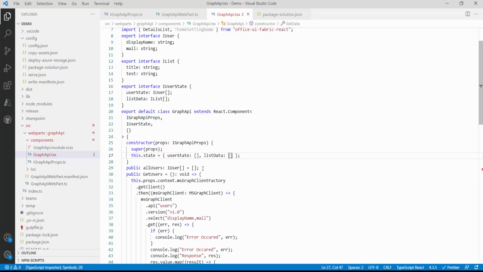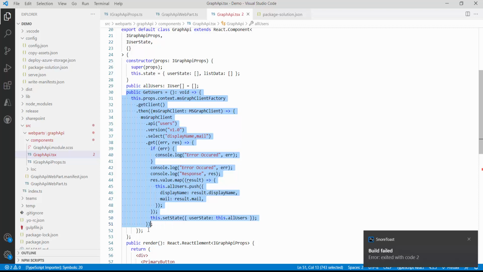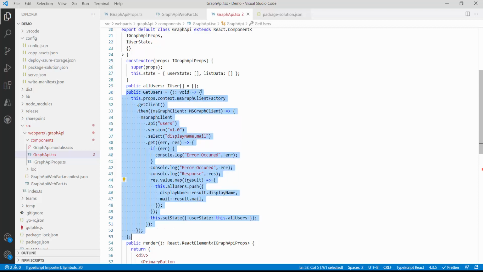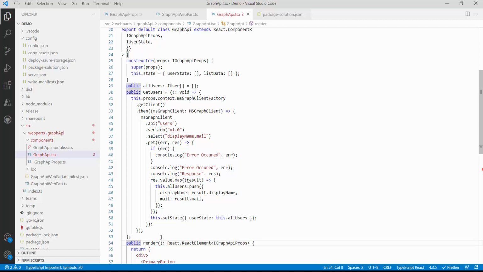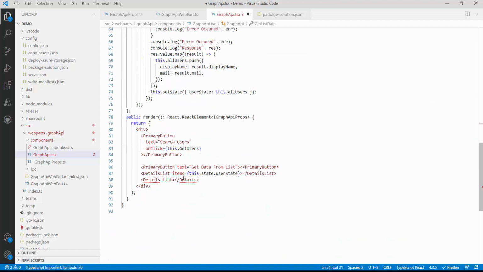This is done. I will create one method. Let me copy and paste this method as it is, and I will make changes in this only. Control C, and I will paste it after this. I will name this method getListData. Fine, this is done, and we will call this method on this button click: this.getListData.